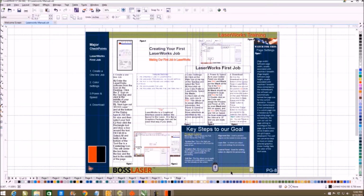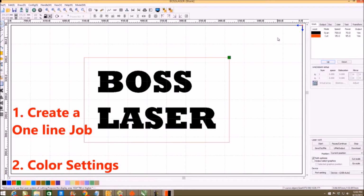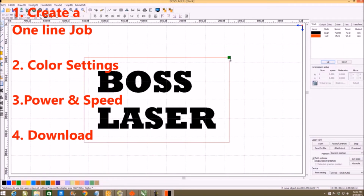And then click download, and you'll see the laser over there. Always make sure you focus before you do it. Make sure you set your origin point, so the origin point here coordinates to the green square. So you drag it out to the top left corner, click it,